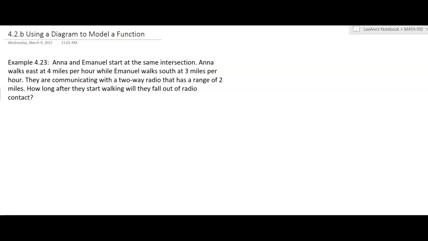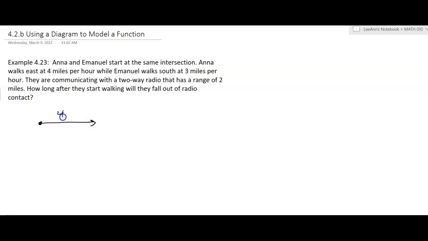So sometimes when we have these situations where we're trying to model something, it's helpful to draw a diagram. Now, this problem says Anna and Emmanuel start at the same intersection. So they start at a certain spot. Anna walks east